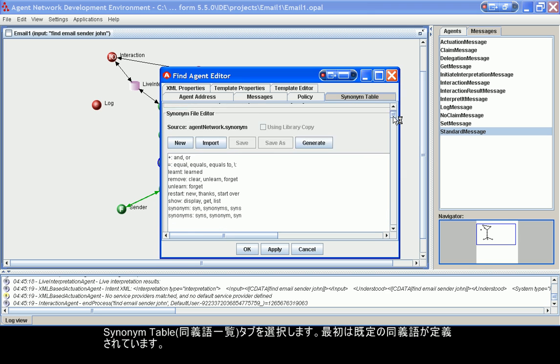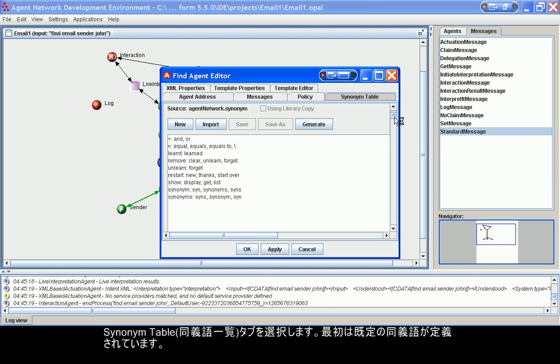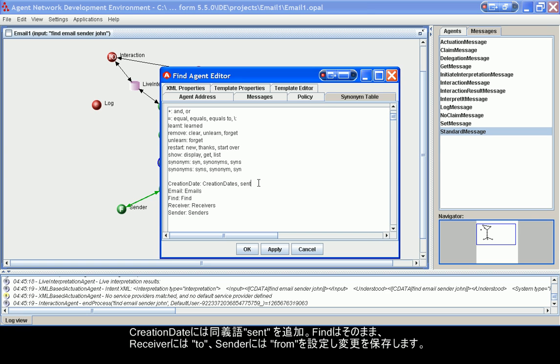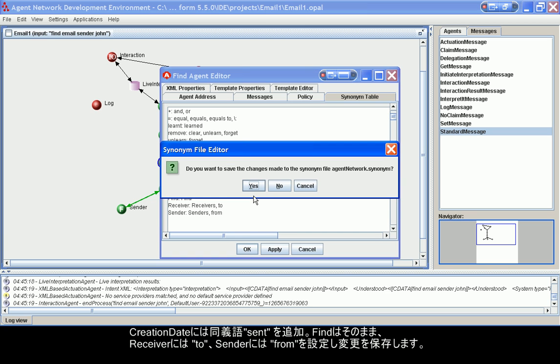These are some of the predefined synonyms in the system. To create the synonym list for our agent network, we first click the generate button, which creates the list of new agents that we added. Now let's add some new synonyms. So for creation date, we will add a synonym called sent. For find or for receiver, we can add a synonym called to. And for sender, let's add a synonym called from. Click OK to save the changes,